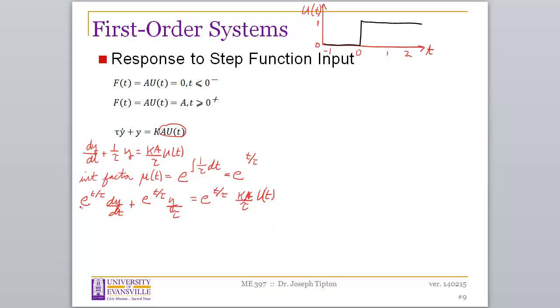Well, the thing that the integrating factor did was turn the left-hand side into something that can be collapsed via the chain rule. Hopefully you can see or convince yourself that this is the same thing as the derivative of e raised to the t over tau times y. If I take the derivative of this using the chain rule, I end up with this exactly. And that then is equal to the right-hand side, which I'll write